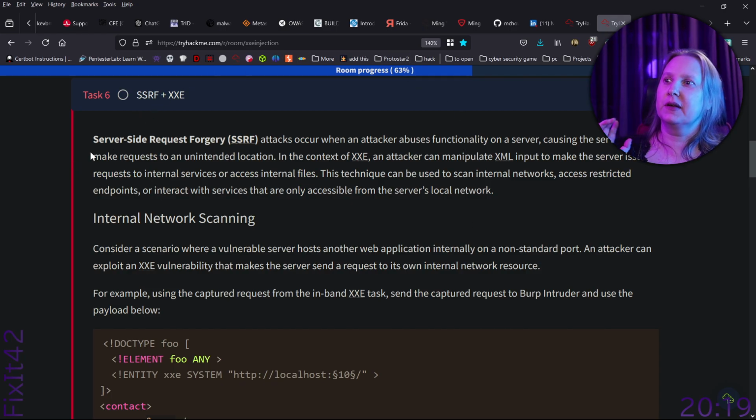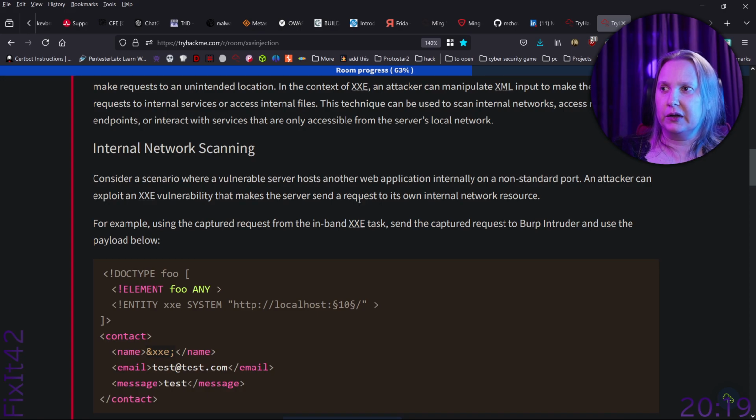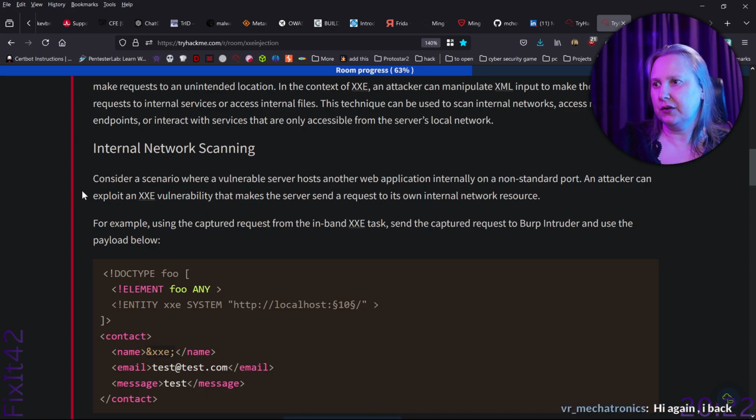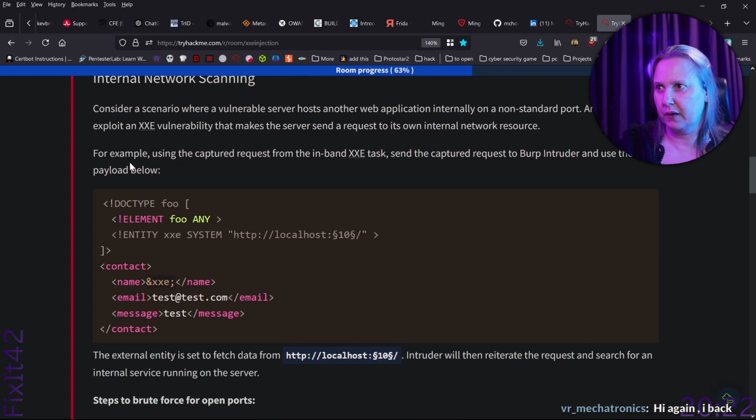A server-side request forgery, SSRF attacks, occur when an attacker abuses functionality on the server, causing a server to make requests to an unintended location. In the context of XXE, an attacker can manipulate XML input to make the server issue requests to internal services or access internal files. Thus, the technique can be used to scan internal networks, access restricted endpoints, or interact with services that are only accessible from the server's local network. Internal network scanning. Consider a scenario where a vulnerable server hosts another web application internally on a non-standard port. An attacker can exploit an XXE vulnerability that makes the server send a request to its own internal network resource. For example, using the captured request from the in-band XXE task, we can send